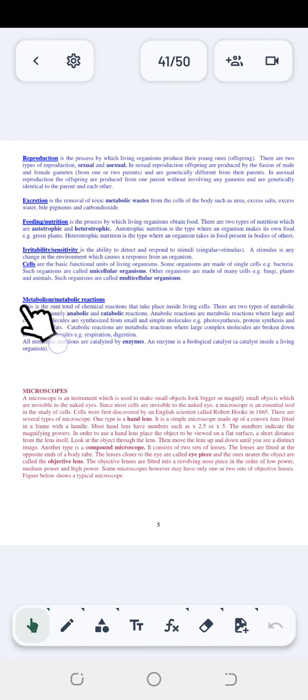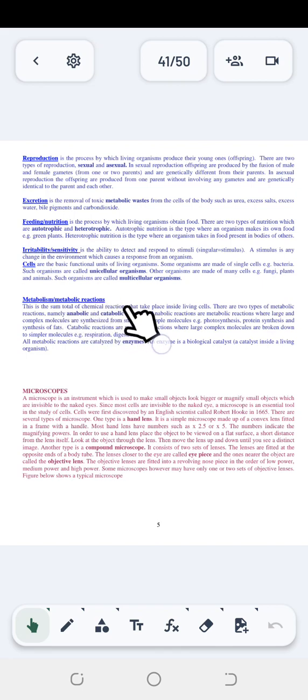Lastly, we have metabolism or metabolic reactions. So what do we understand by this? In short, when we deal with the characteristics of living organisms, we just ended on irritability or sensitivity. All of this up to this point is what we are considering to be the characteristics of living organisms. So now